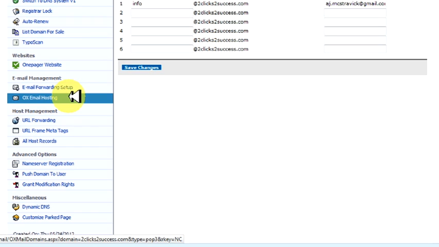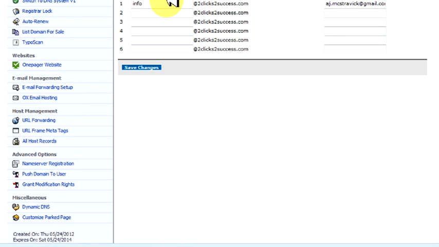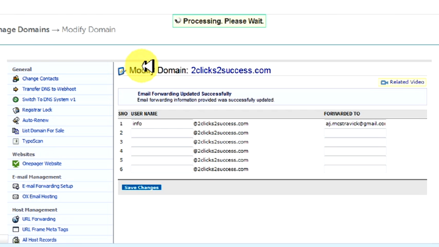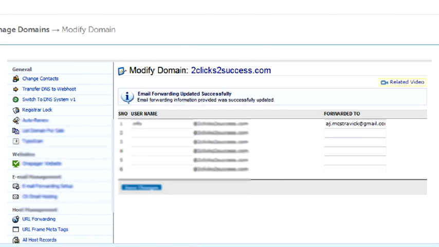I will do a video showing you how to do that, but just to let you know that purchasing a domain is very worthwhile. So it's super simple. Just put the username at whatever .com it is and the forwarding address, and you click save changes, and that's it, job done. Okay, so getting back on track,